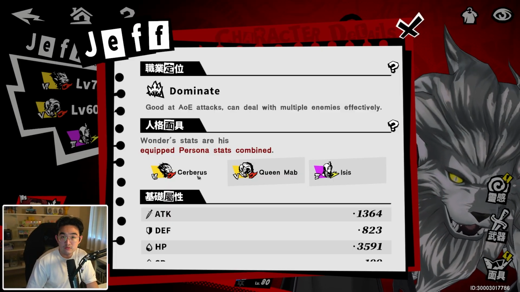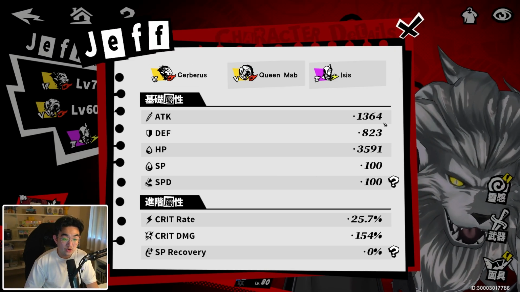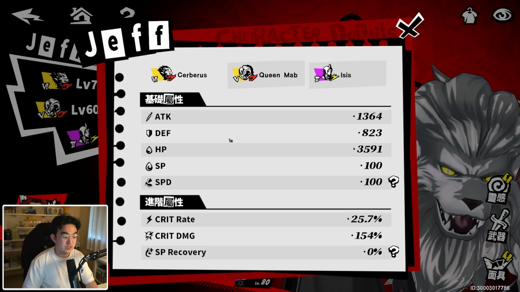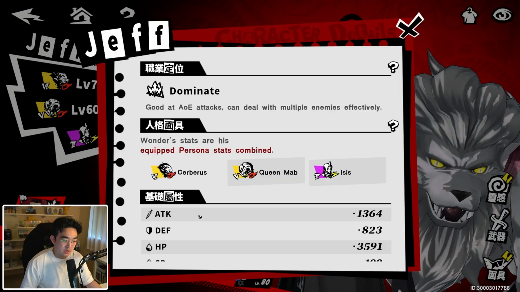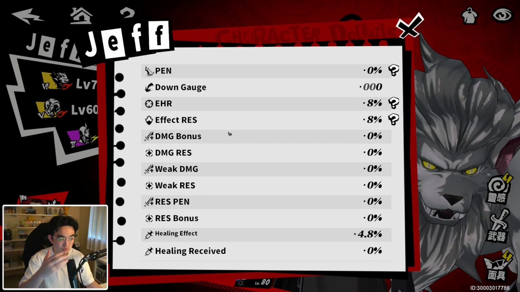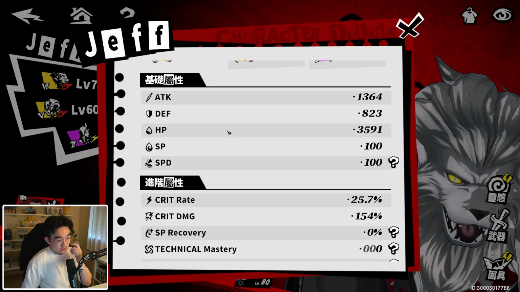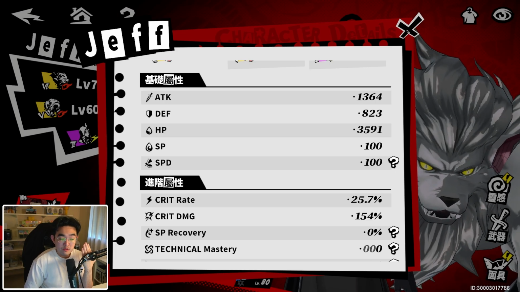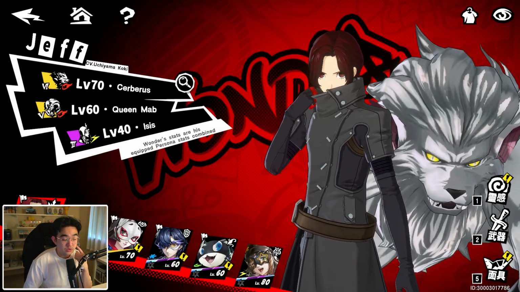So if you combine 3 really high level attack personas that have really high attack, then your attack will be increased. If you have defense increase, speed increase, etc, as well as your crit rate, crit damage, and all that sort of stuff as well. Most of these additional stats here can obviously be attained through battle with different damage bonuses and different passives and abilities and skills, but you can also achieve them through weapons and as well as your personas, which is why it's very important to level up your characters as well, just to get raw stats,